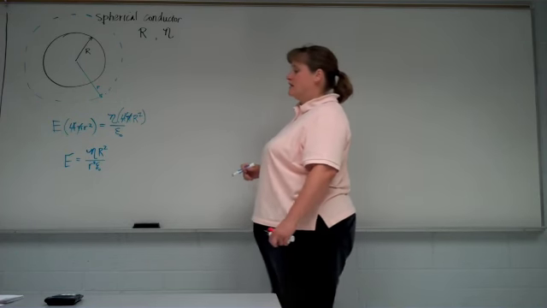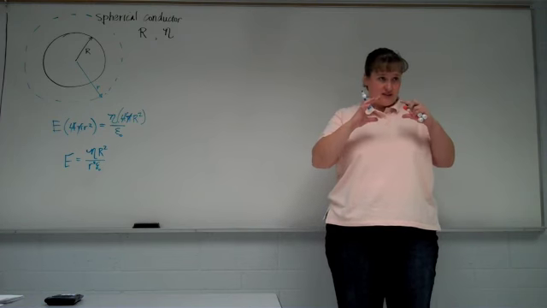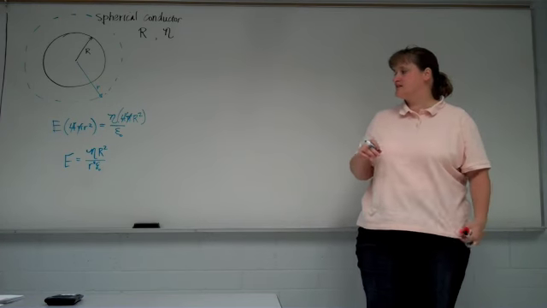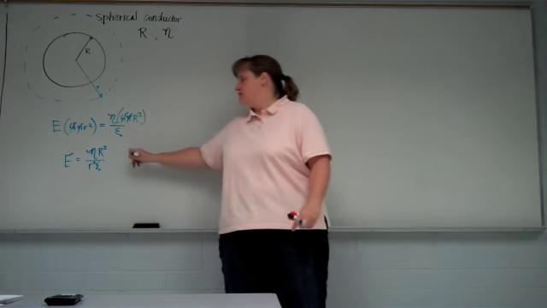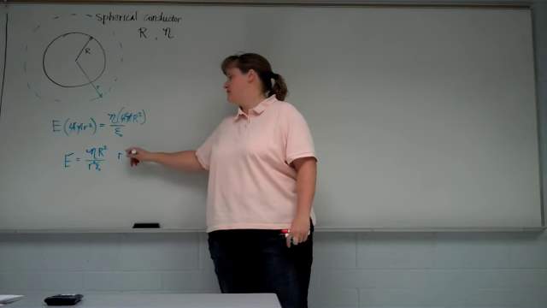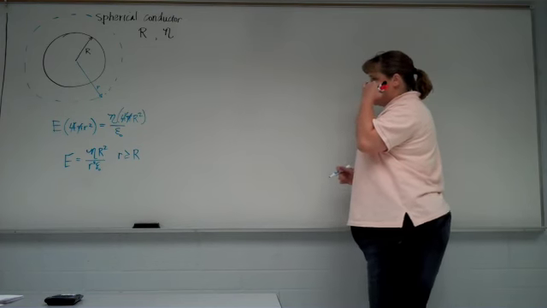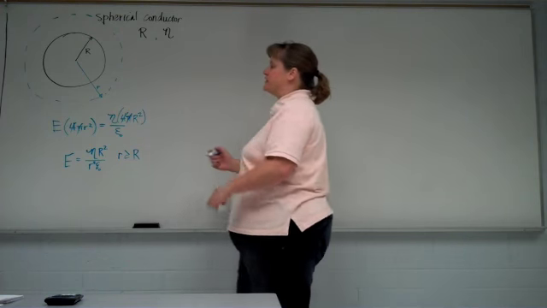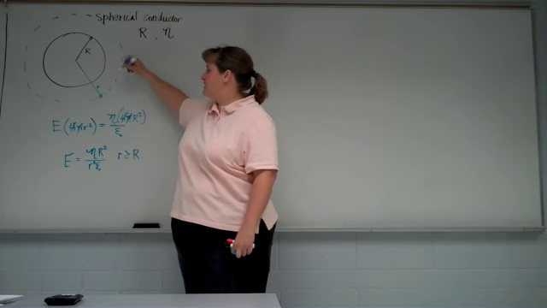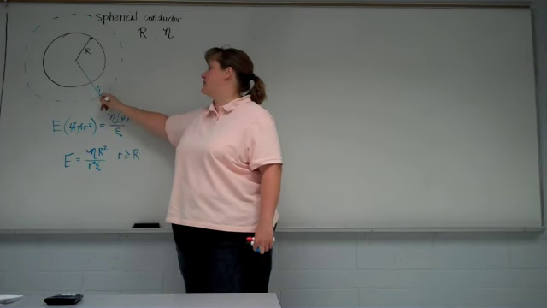So the electric field outside of our spherical conductor looks like that. Big R is the actual radius of the conductor itself. Little r is whatever point we're interested in, but little r has to be bigger than or equal to big R. If we want to know the potential difference between any two points out here, some r initial to some r final that's out here further,